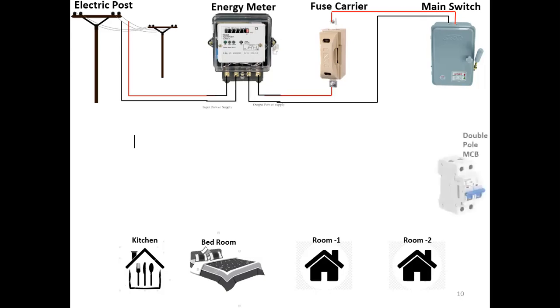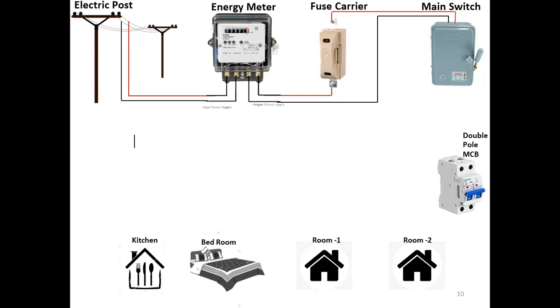You open that board and you could see an MCB here, a double pole MCB. It is another kind of protection system. MCB is nothing but a miniature circuit breaker. You could see this in your home if you open your distribution board. This setup has a double pole MCB. Then we have 4 rooms. The 4 rooms should be individually protected.